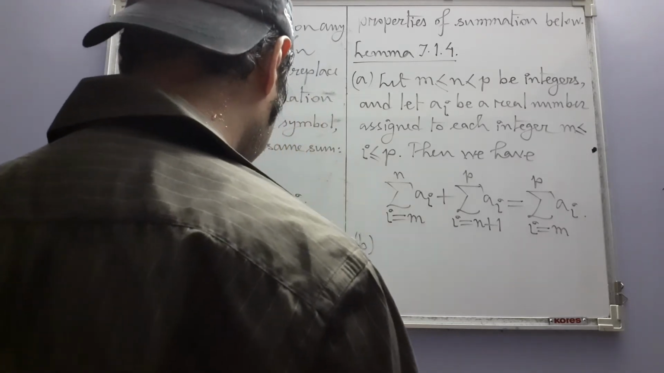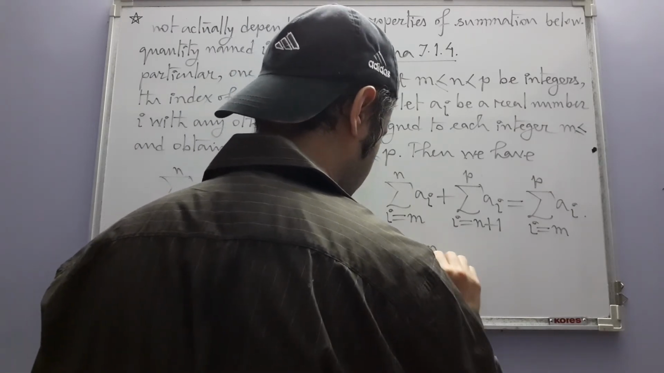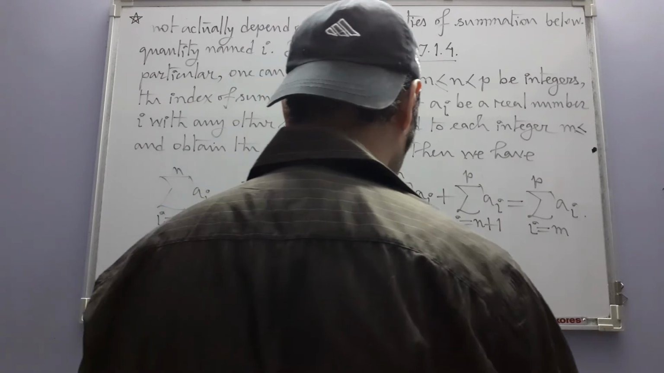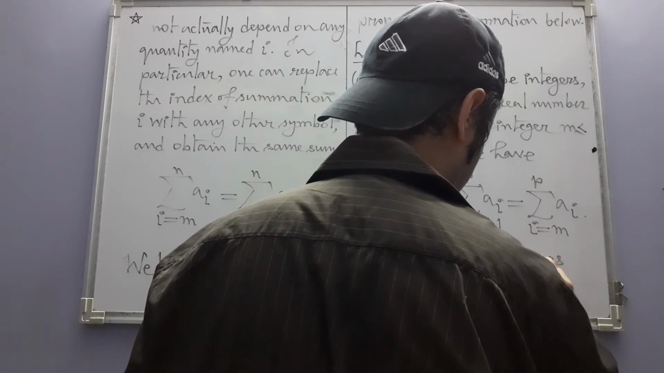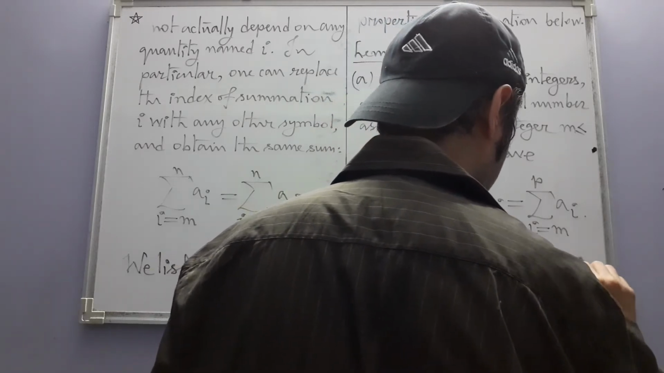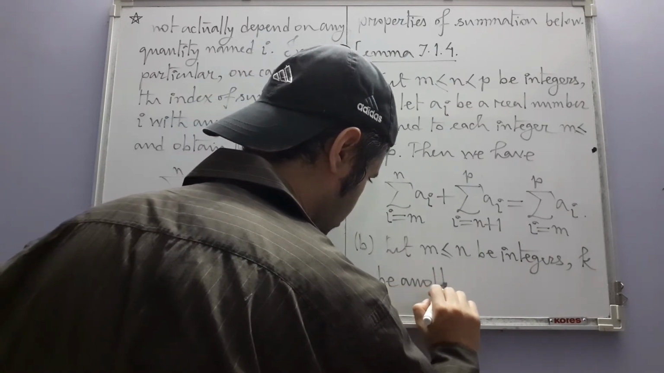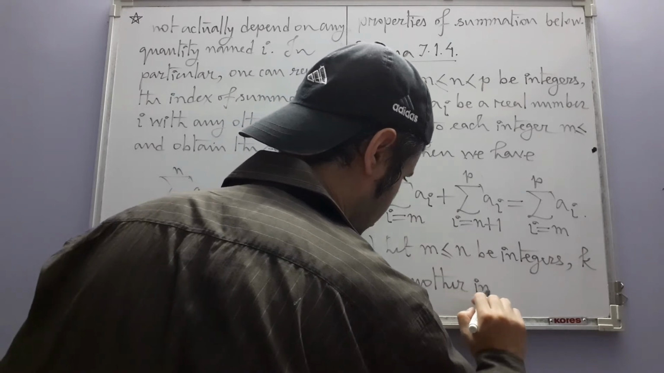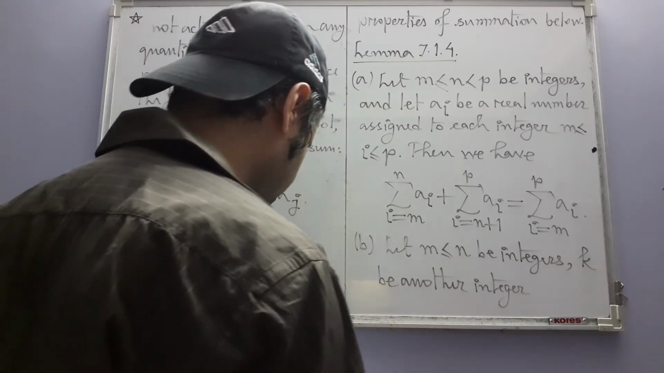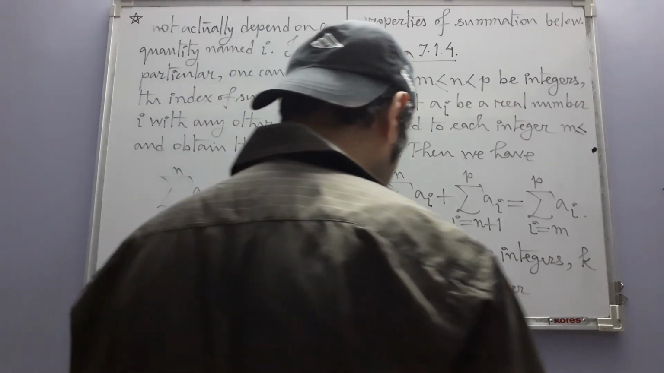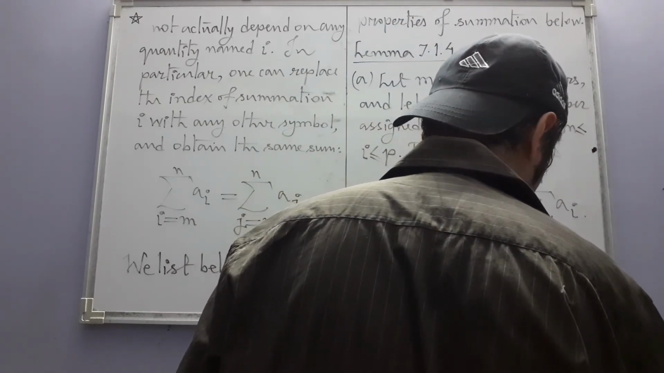B. Let m less than or equal to n be integers, comma k be another integer. k is any integer not related to m or n, and let a_i